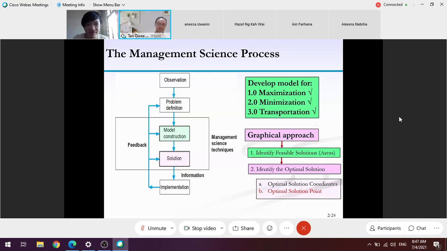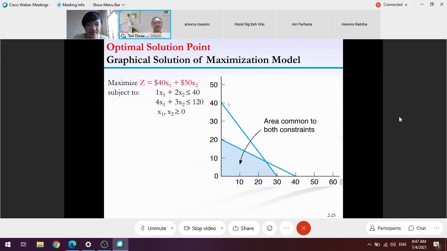This solution involves reflecting the objective line on the graph. What does that mean? Instead of identifying the 3 points, the 3 point method is okay, but you have to identify point by point and calculate Z for each point. So there's another method where you don't need to identify the coordinates of the extreme corner points. You are also not required to calculate the Z value for each point. But what you need to do is plot